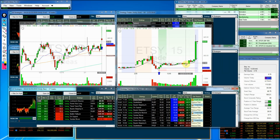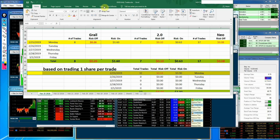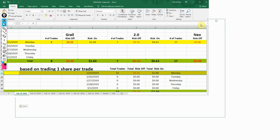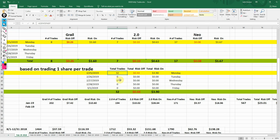And then it held, built that nice base, consolidated, then took off towards the end of the day for 224 risk on profit. And yep, I thought that would be the best in both categories, and it sure enough was. Let's bring our Excel spreadsheet in here, take a look how it all totaled out. We had 32 total trades today, lost 44 cents, and on the risk on mode made